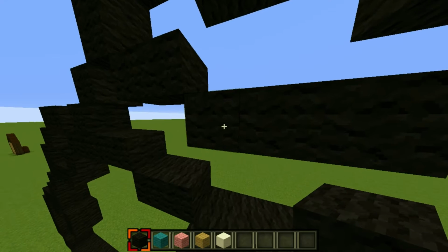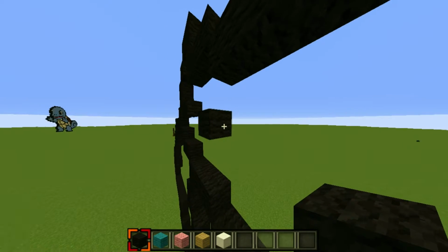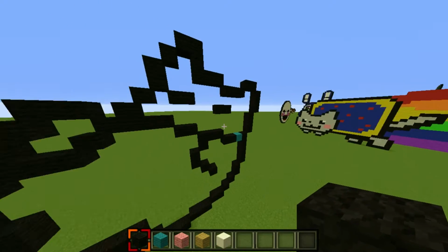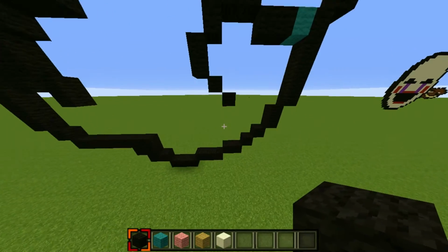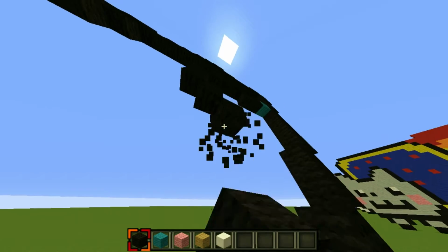So it should be 3 blocks in total, and then go ahead and destroy the 2 blocks you needed, so you have this, and then you want to extend 1 block to the right. Sorry if this is confusing, guys. You can always rewind the video if I'm going a bit too fast for you, or if you just didn't understand. And then from this block right here,